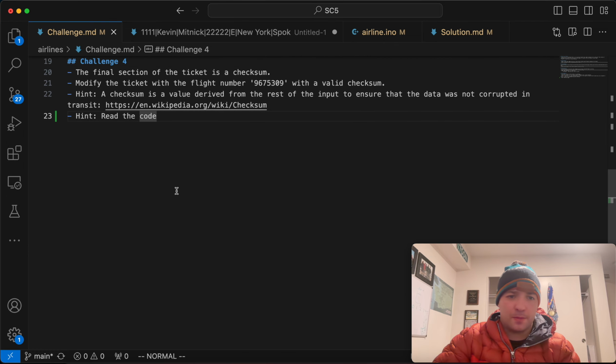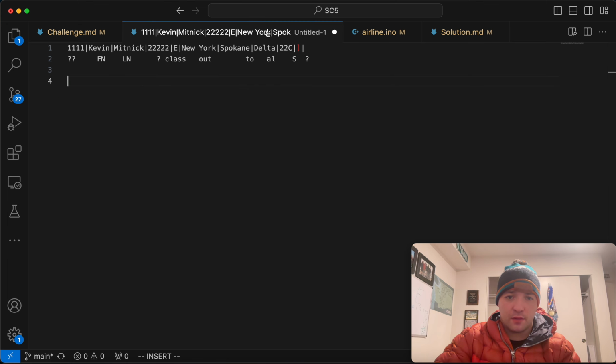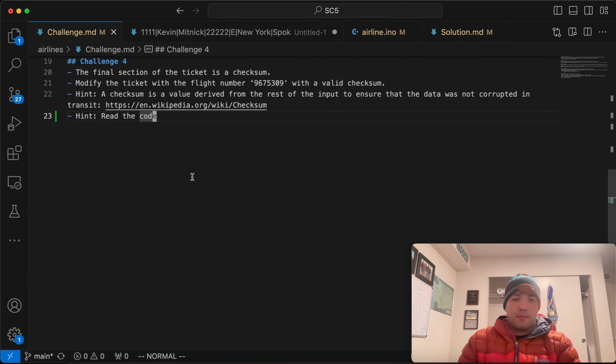If we read the prompt, it says the final section of the ticket is a checksum. For a reminder, this is the final section, and we didn't know what that was before. Modify the ticket with the flight number 9675309 with a valid checksum. Hint: a checksum is a value derived from the rest of the input to ensure the data is not corrupted